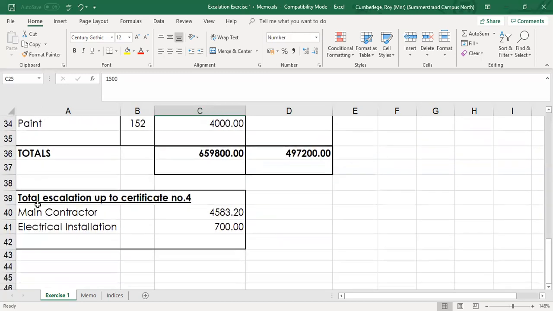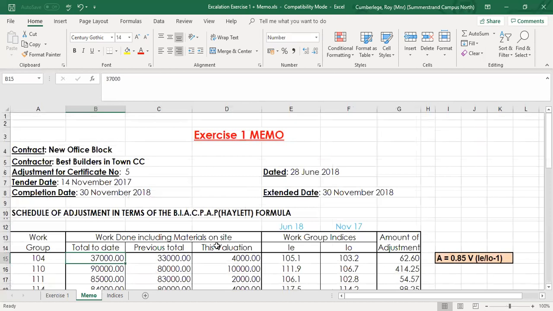And then also note that the previous accumulative totals for escalation up to and including certificate number 4 for the main contract is 4,583, and then for the electrical contractor 700 Rand. That is accumulative totals. Remember, our approach is that we work with accumulative and then we deduct what we've certified before. Good. So let us go to the actual calculation of the